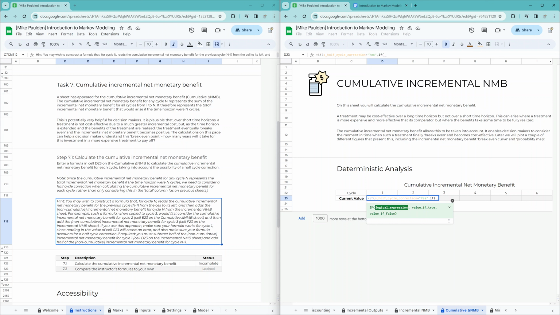So if, now, where's the cycle number? It's in D22. And I'm not going to lock this with an absolute cell reference. I want this to change to E22, F22, and so on. So D22, if that equals 1. So that's our logical expression. If the cycle is 1, then comma, I want us to start with a baseline of 0, so just 0. And then do another comma. Otherwise,